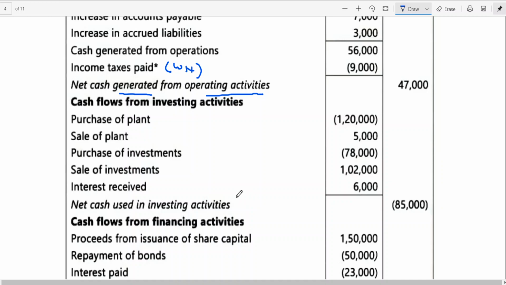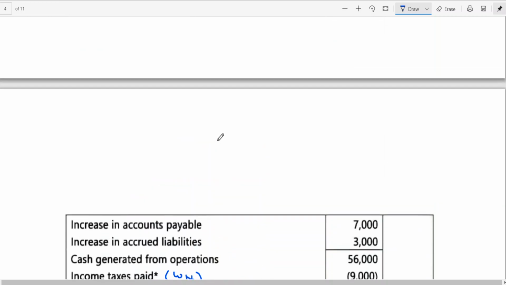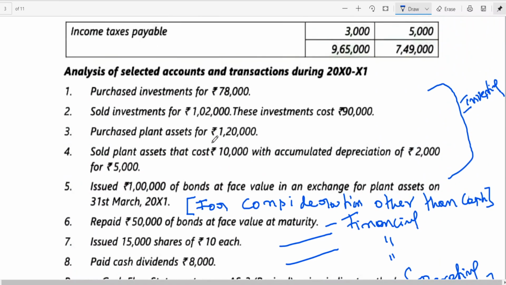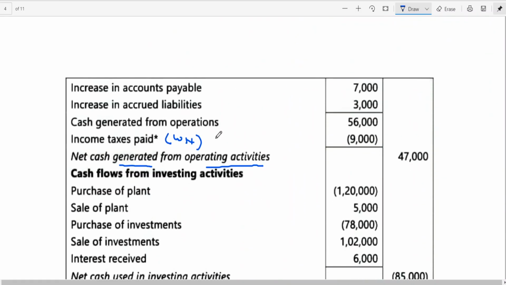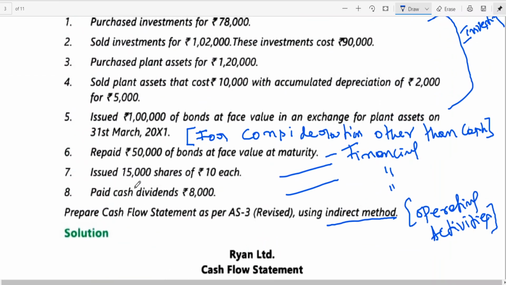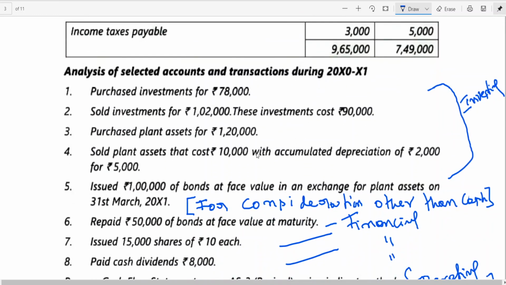Then we got an adjustment. Already this also has been explained to you. Purchase of plant. Purchase of plant has been clearly mentioned here in the working notes. Purchase of plant 1,20,000 plant and assets. I think that is clear, is an outflow. Sale of plant, you are having the adjustment there. Sale of plant, you can see here. Sale of plant, asset cost was 10,000 with accumulated depreciation of 5,000. I don't need this. I need it if something like purchase of plant is missing, or sale of plant is missing, then to open the plant and asset account, this information will be useful, like accumulated depreciation, etc.